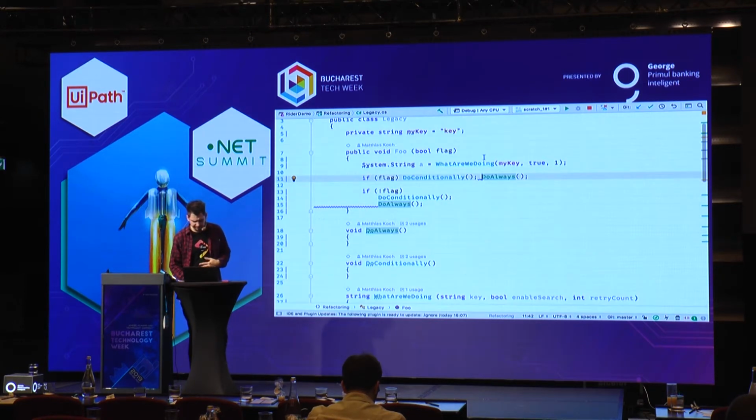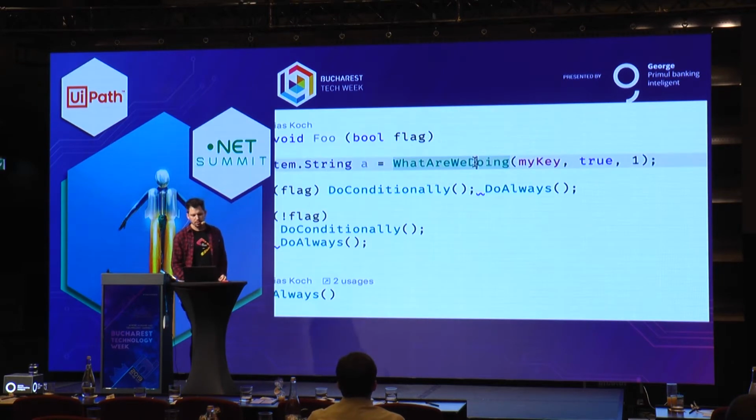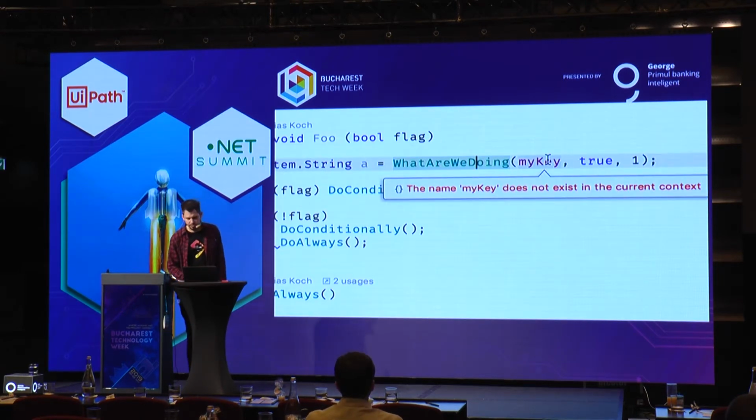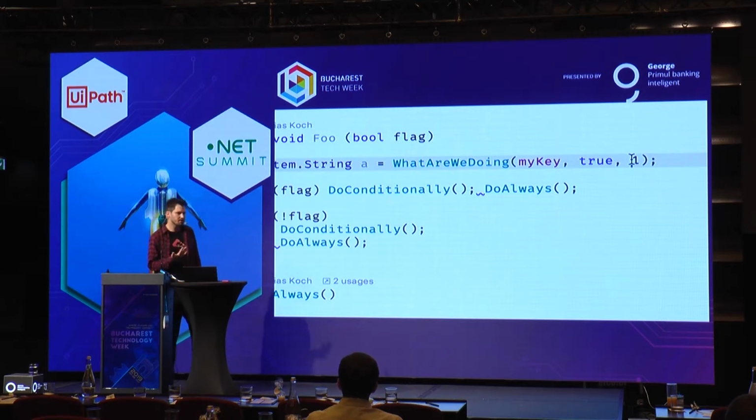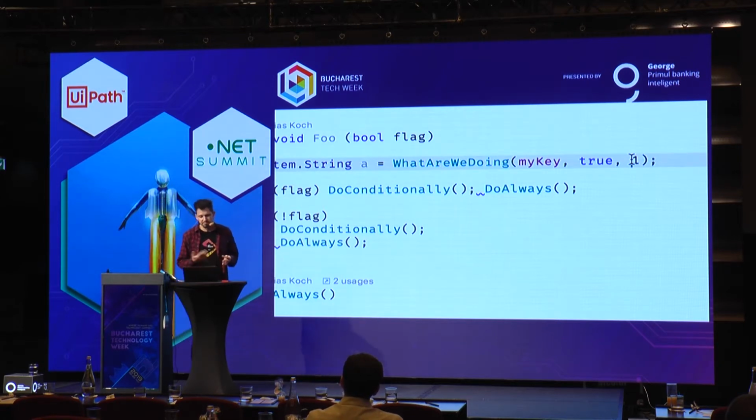Here are two things. First, let's concentrate on this line. What are we doing? I have no idea, because we're passing some true value and one as literal. No idea what it actually means, especially if you're looking at it from your source control, let's say. With the naming of the method, it's really hard to comprehend what's actually happening. And so there's this way to, let's go back,